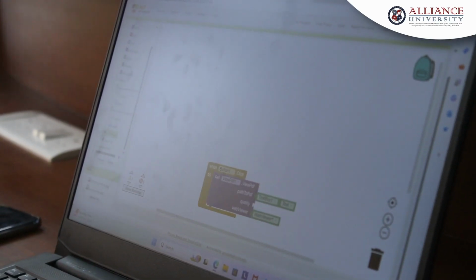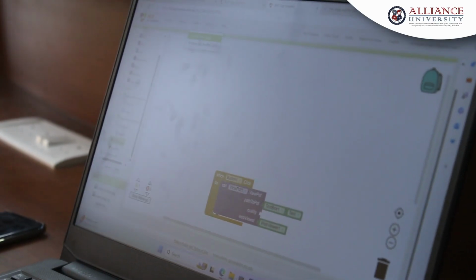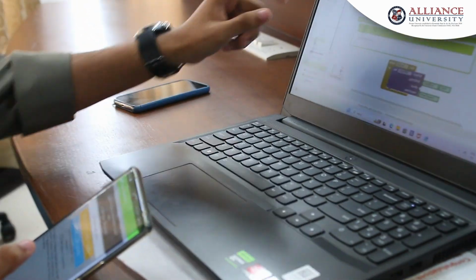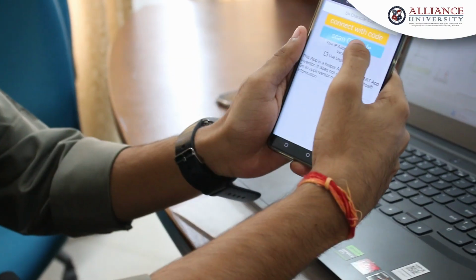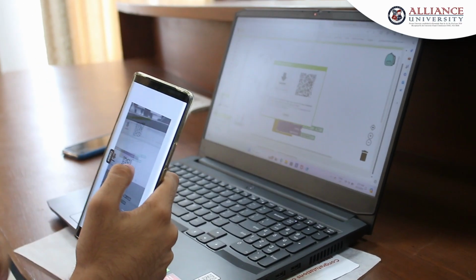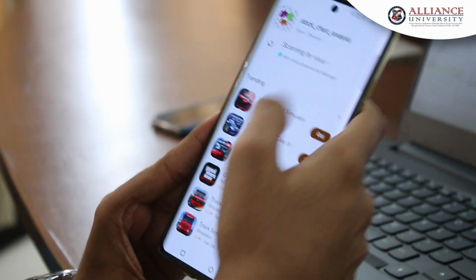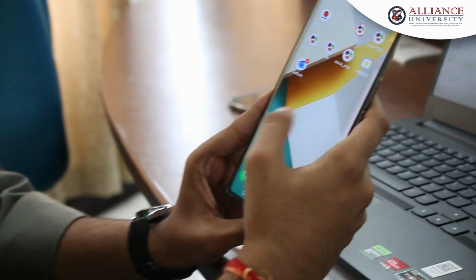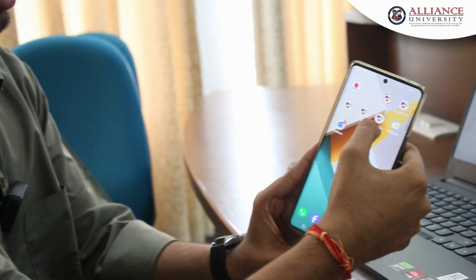And last, we will do the build part for the Android APK. When it generates, it will show a QR code. So the QR code comes, we have to scan it, and it will be scanned immediately. So my app is downloaded. Now it will be shown here like this one, Stock Chart Analysis.